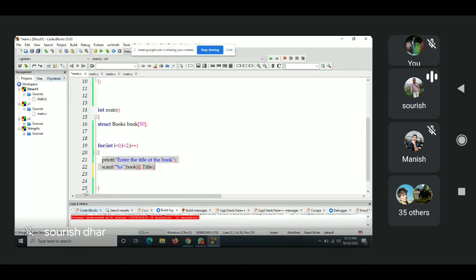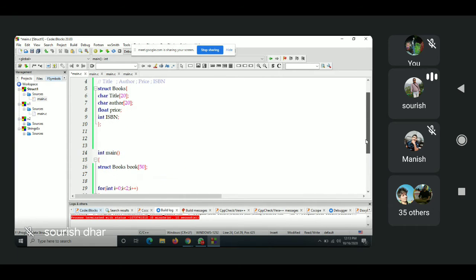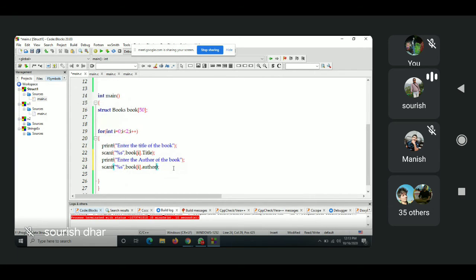Printf, Control C. What else? Author. Instead of book i title, this time you say author. Author is my next one. And I'll just add price. That's it. Let's do it with 3 fields now.